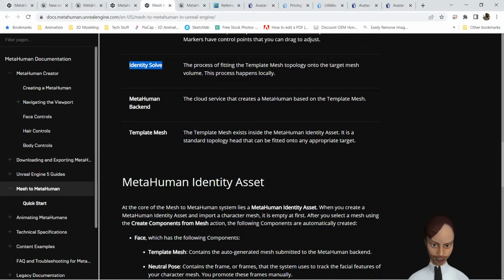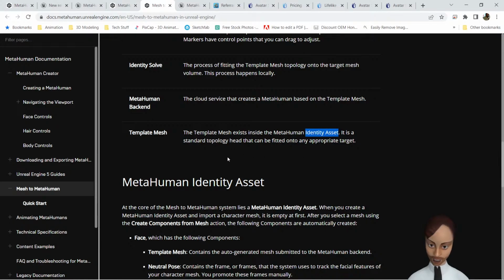I guess the developers have all that set up, so the old mesh is going to configure onto the new mesh through this template mesh. It exists inside the MetaHuman identity asset. So the identity asset is actually what you're going to have to conjure up